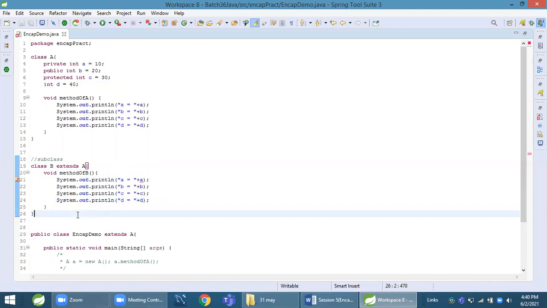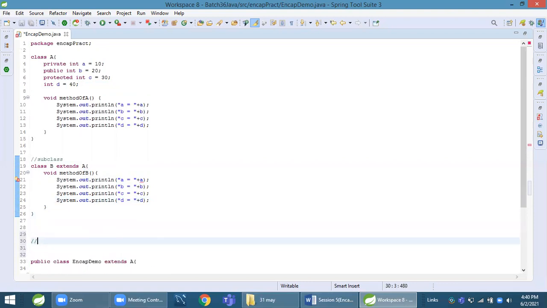No doubt. Now we will see non-subclass. We'll try to access it in non-subclass.